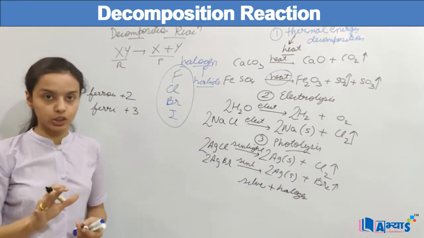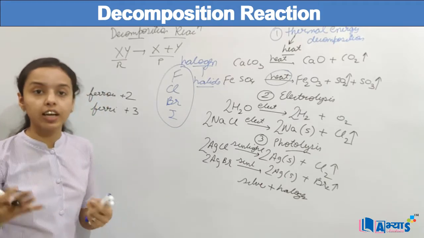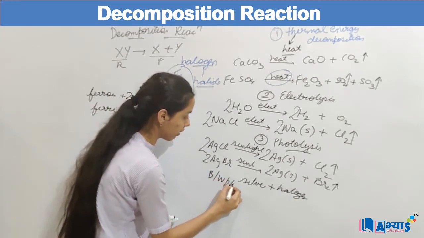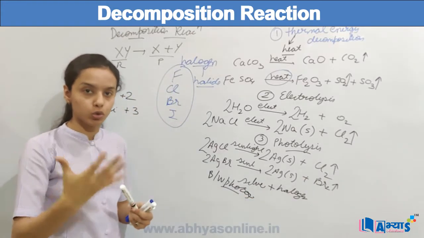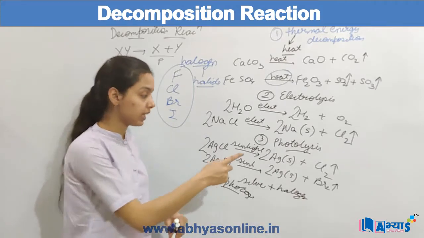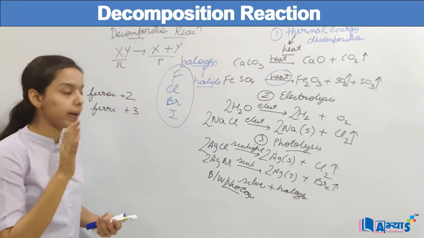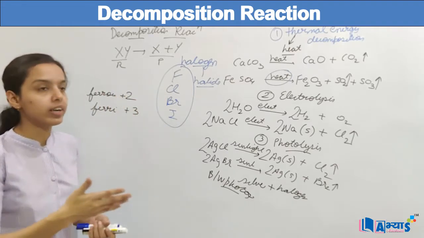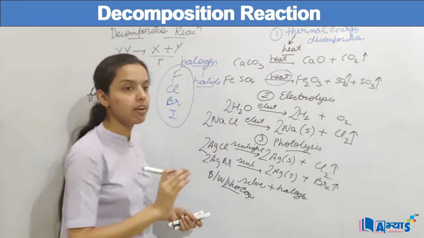Now these types of reactions done with silver metal are not used nowadays, but they were used in black and white photographs. When we used to develop photographs in black and white form, we used this reaction in the presence of sunlight, with silver chloride or silver bromide. So the best use of this reaction is in black and white photographs. These were the three important cases. The first one was heat energy, then electricity, and then sunlight.